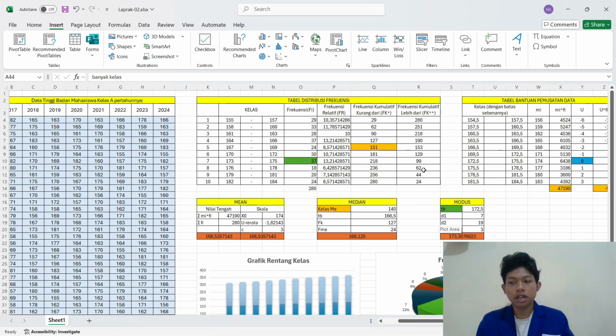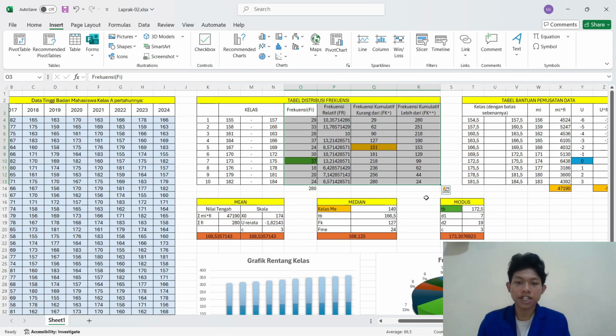In this frequency distribution table, I group the data into class intervals, counting how many data values fall into each class, which gives us the frequency. This table helps organize large data sets into more readable and structured groups, making the next calculation much easier.